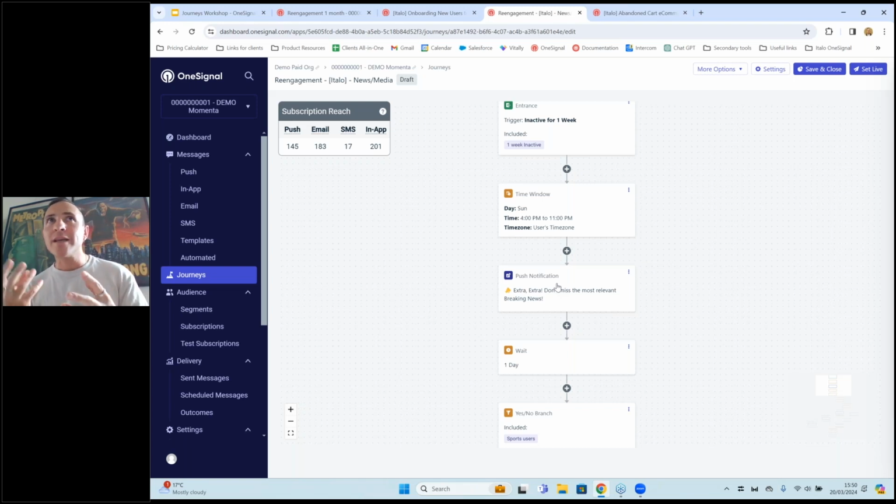So we need to be thoughtful of how this push is going to provide value, right? So how is the user going to be thinking about clicking and going back to your website or app, right? So that is a good example. But time windows, I had another customer in sports betting, for example, and they used a time window for the Champions League in football, or soccer, how you say in America.